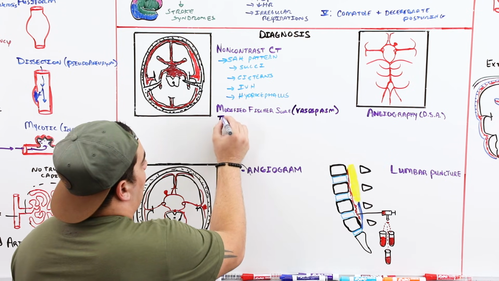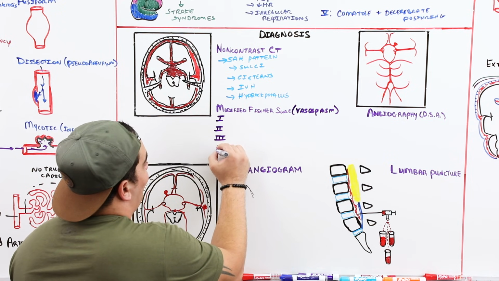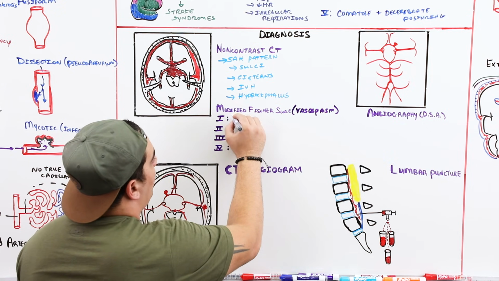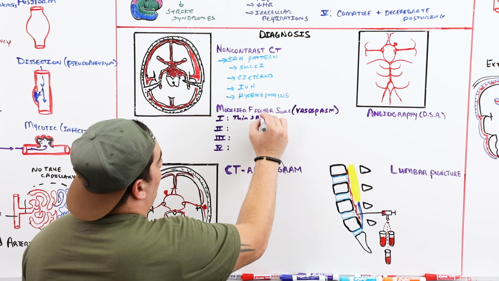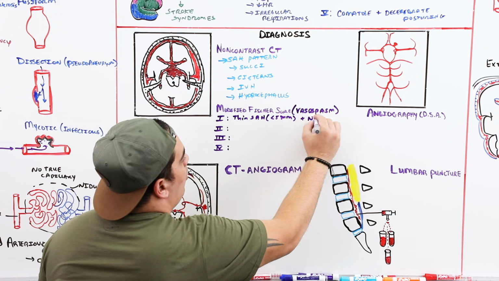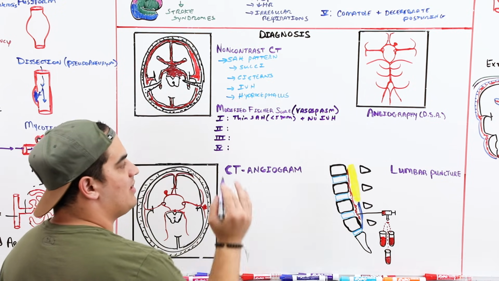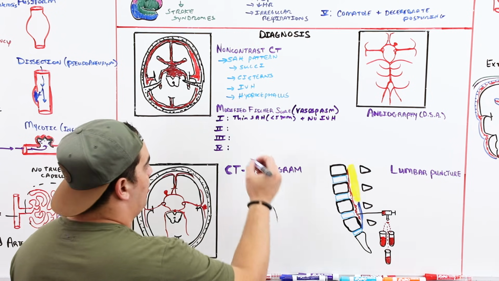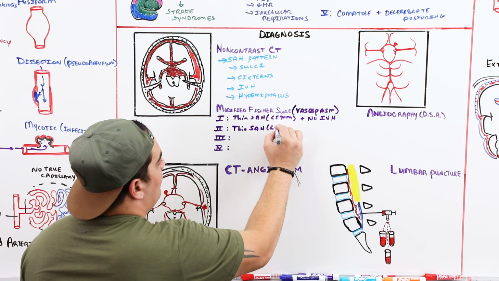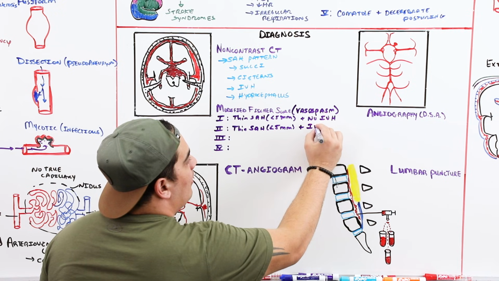We have a couple different grades. You have 1, 2, 3, 4, and it's actually pretty simple. Grade 1 is if you have a thin subarachnoid hemorrhage, which we classify as less than 5 millimeters, and no IVH. So you have the subarachnoid hemorrhage in the sulci and the cisterns, but it's less than 5 millimeters. There's no IVH or hydrocephalus. The next one is 2. So thin subarachnoid hemorrhage, still less than 5 millimeters within the sulci and the cisterns, but you have IVH,